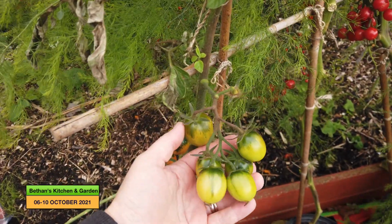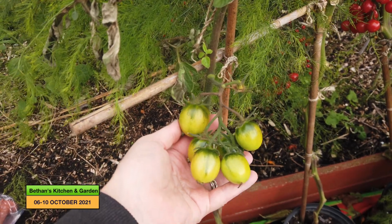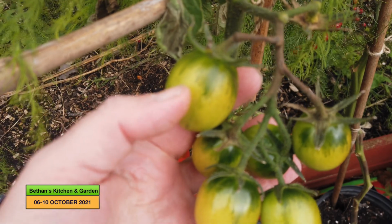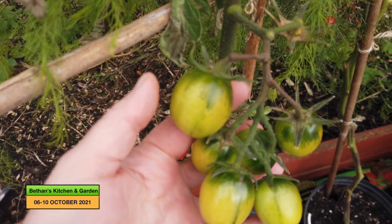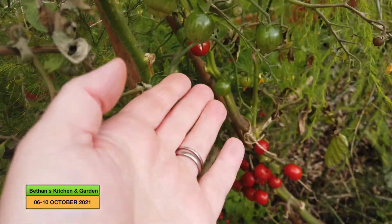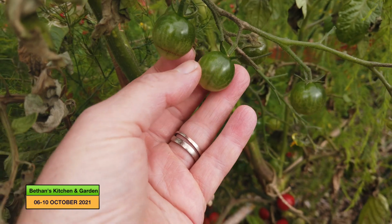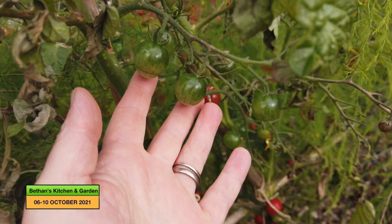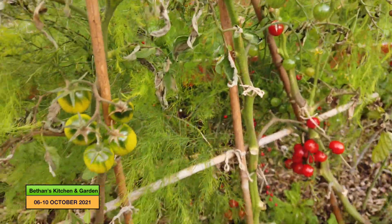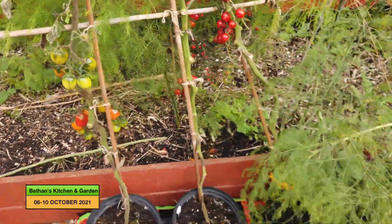Some of the green ones will ripen on a windowsill if I don't use them all in the chutney. The ones that have started to ripen will ripen, but the ones that are really green like that, they won't ripen. So I shall try and use the really green ones in my chutneys and then maybe put the rest on the windowsill to